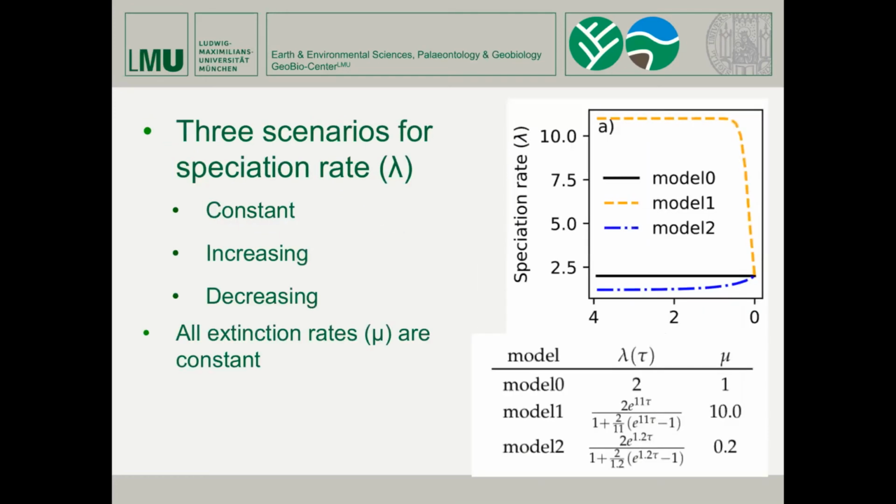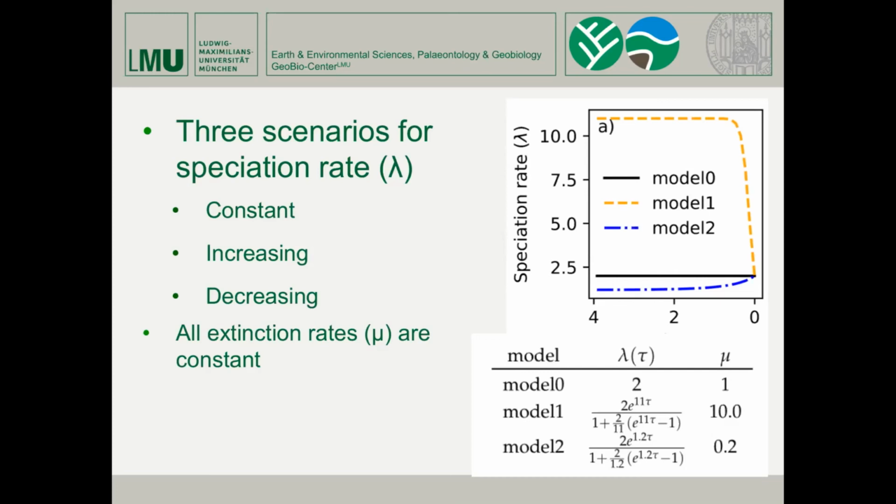We set up 3 different scenarios in a simulation study, where I set up one model. So these are in the same congruence class, the same likelihood. One model has constant rates, one has increasing speciation rate, and one has decreasing speciation rate. We can see that they have equations for the speciation rates. They look a bit funny, but in the top right, you see the rates and how they look visually. And in all cases, the extinction rates are constant. We simulated 100 trees based on these models, and we tried to infer the rates back using our Bayesian skyline